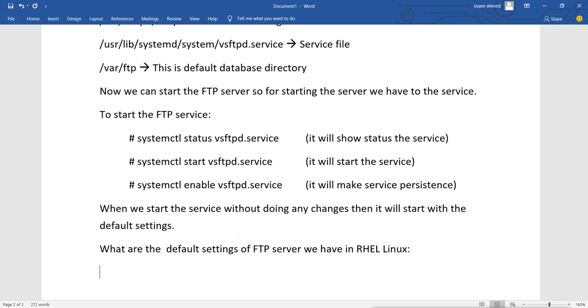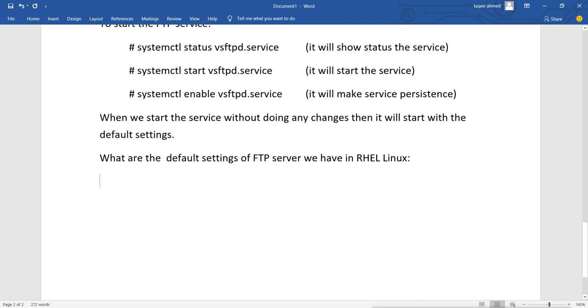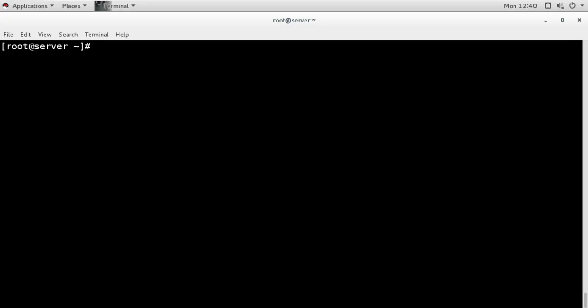So first we will start the server, and then we'll see what the default settings are in the server.